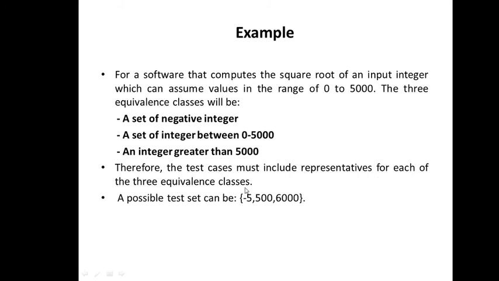That means when we are supposed to design a test case, we must take input from each class. So let's assume from class 1 I took one negative value, one in the given range and one beyond the range. So this becomes one test case. A test case, as I defined earlier, is a set of inputs that checks the complete behavior of the system at one go. So it's not a single input, it is a set of inputs: one value from each class. That makes a test case, right?